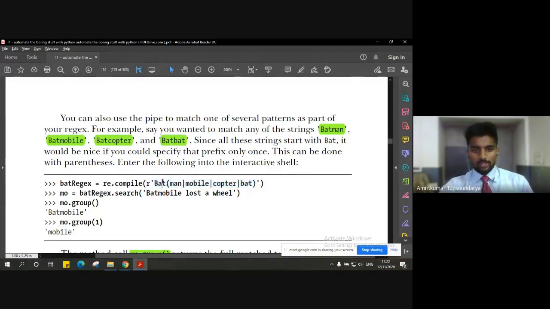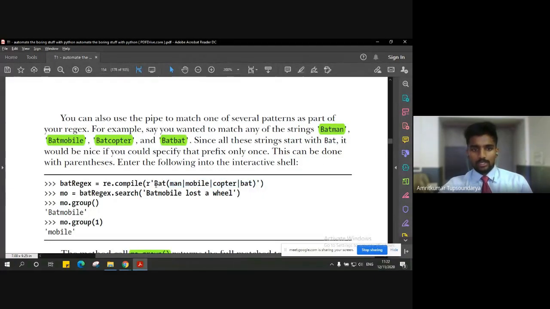As you can see, Bat is common in all four regular expressions that I want to match. So the initial three letters are common, that is Bat. I'll just put Bat here, and the remaining, which are not optional but possibilities, that is Batman or Batmobile or Batcopter or Batbat, I'll put into a parenthesis.